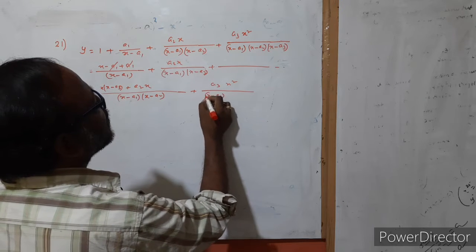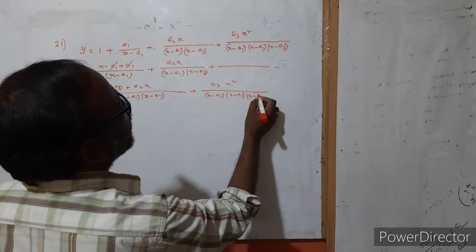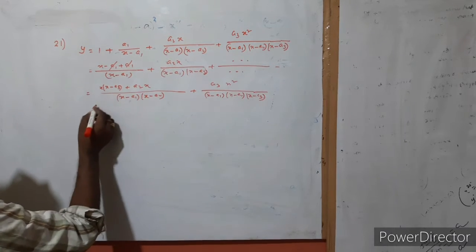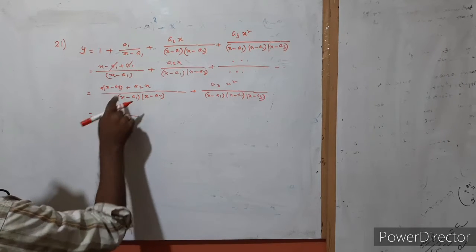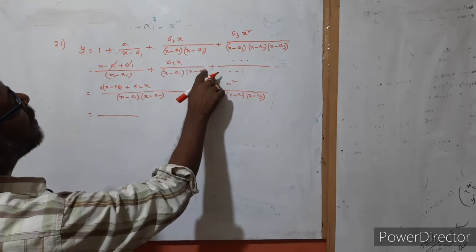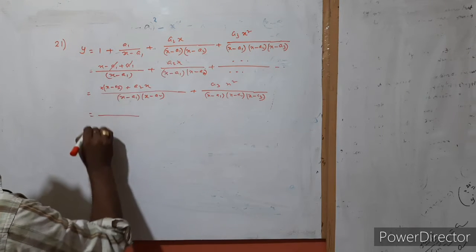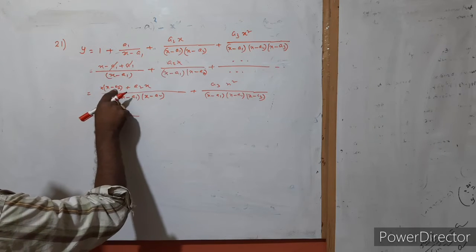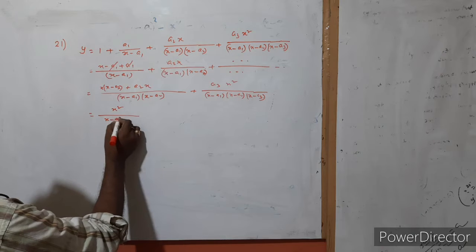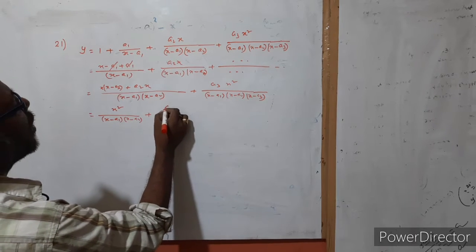If we multiply that, this was wrongly written here, this is a2. So a2x are cancelled, so this is x square by x minus a1, x minus a2, plus a3